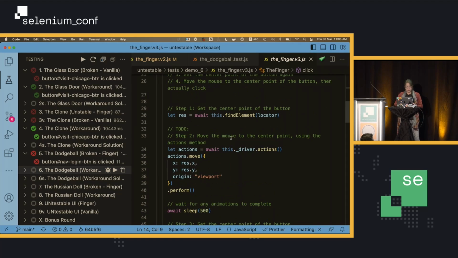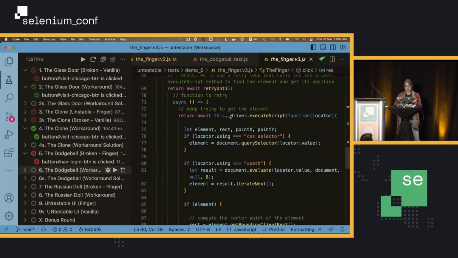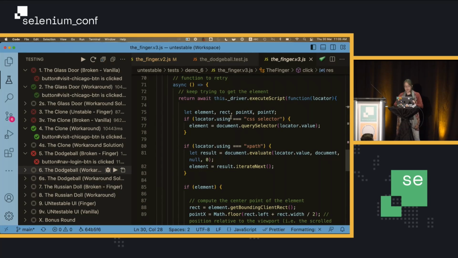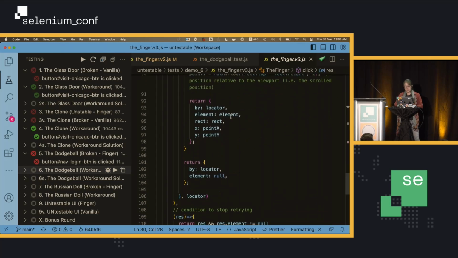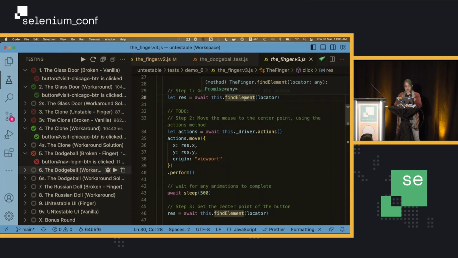So over here, I moved the code that we had previously to find the element into a find element function itself, so that we can reuse this piece of code and don't have to copy and paste the whole chunk. So first we will find the position of the button, and then we're going to do what we did just now, which is to move the mouse, but instead of pressing the button, we don't press it yet.